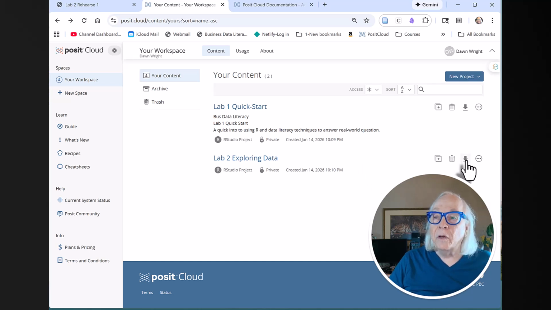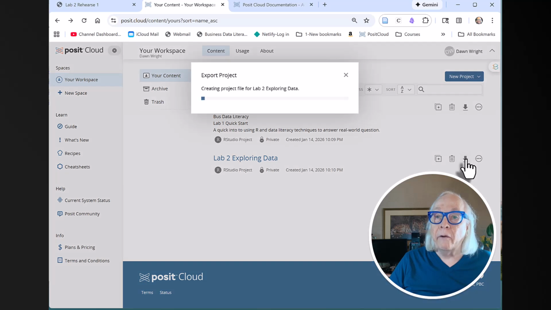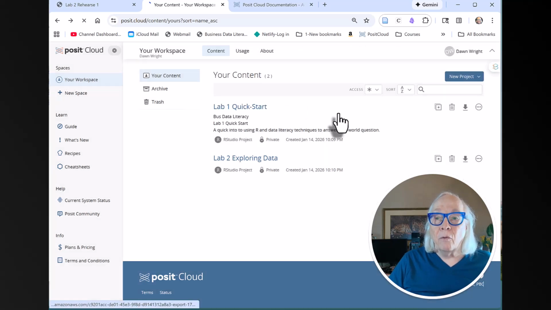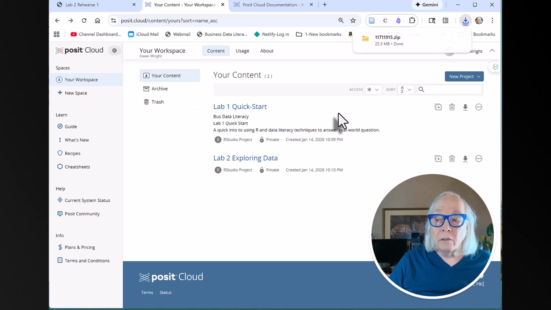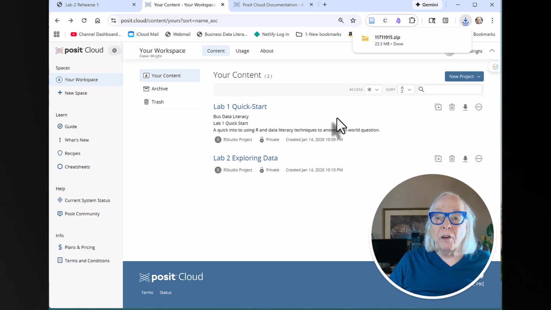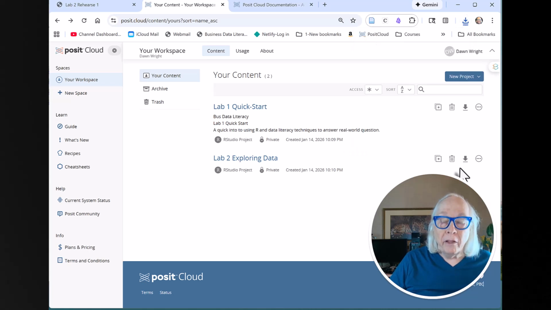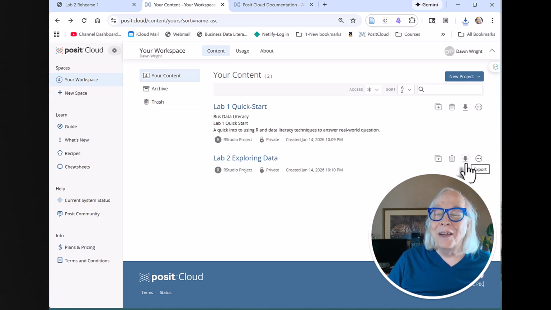But you can click on the little drop-down arrow, and it will create an export, a zip folder with all the contents of your lab. And then you can download that, and then you can open it. And we've got other videos to show you how you would do that with the RStudio Desktop. But that's how you export. You need to do that before you run out of time and they lock you out. So make sure